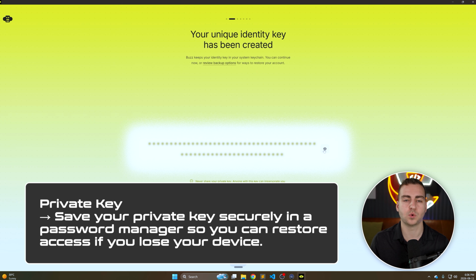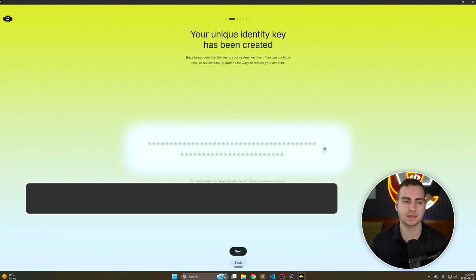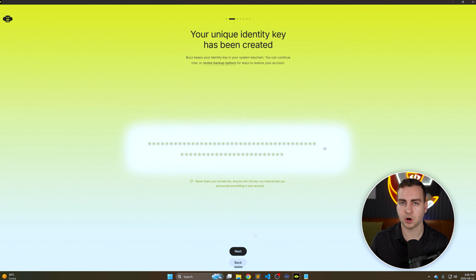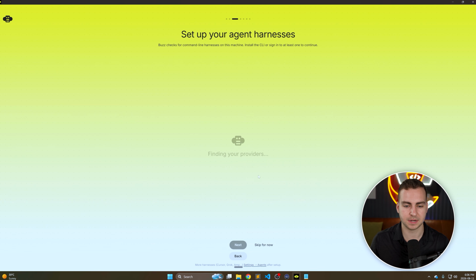Now, this is something that you want to save somewhere, like a password manager or somewhere secure, in case you ever lose access to this device. You'll be able to have the key and then restore yourself in the workspace. So this private key is effectively your account. Treat it the same way you would treat a 24-word passphrase or your seed phrase for something like a crypto wallet. All right, so once you've saved that, go ahead and press on next,